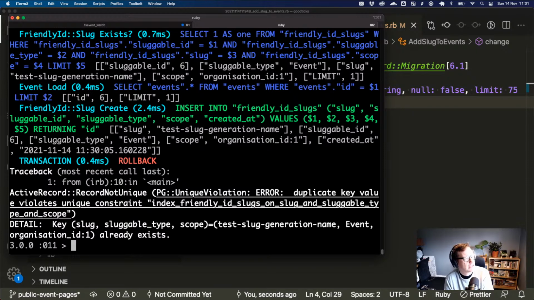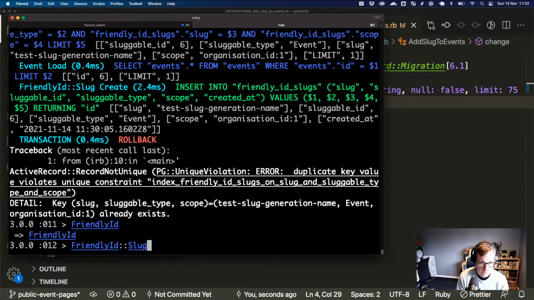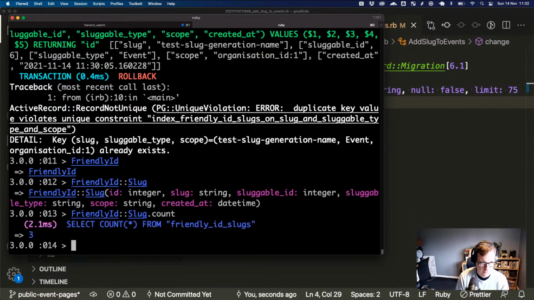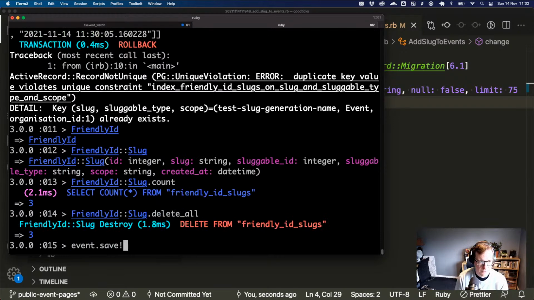In this case, I think we can maybe just go and write a test and assume that if the test passes, this all works. I think this is all just noise from our development environment, like these records still existing. I don't even know how we would delete these. What do these come from? These friendly ID slugs. Okay, great. You can. Okay, so delete it all. So now can I do event.save?